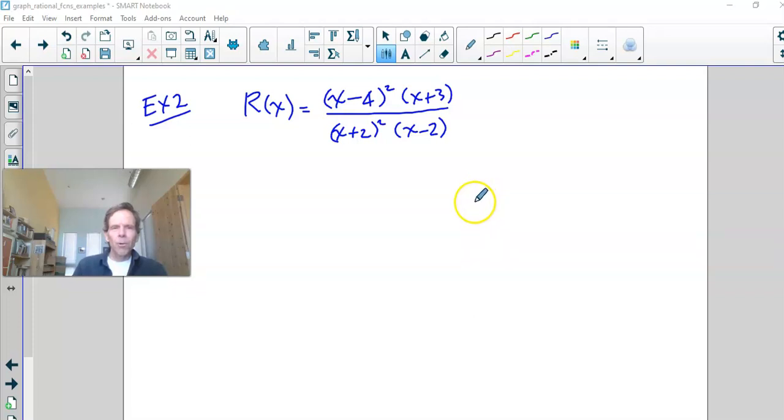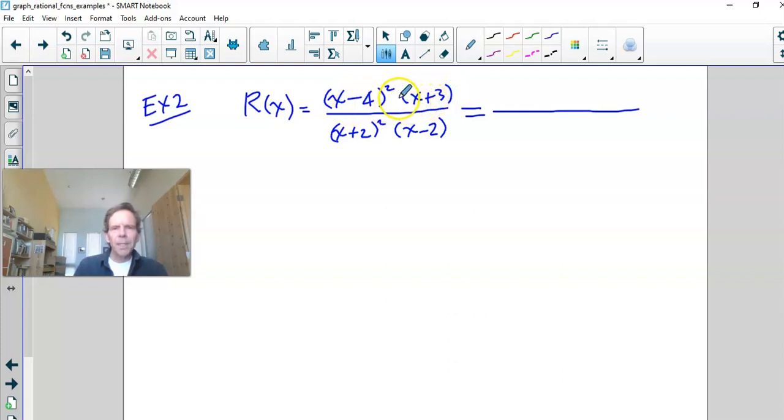All right, we're into the second video of graphing, at least the second example, I think it's the third video, of graphing rational functions. This rational function we see is already factored for us. If we wondered what was going on with the standard form, we could just think about multiplying out these factors